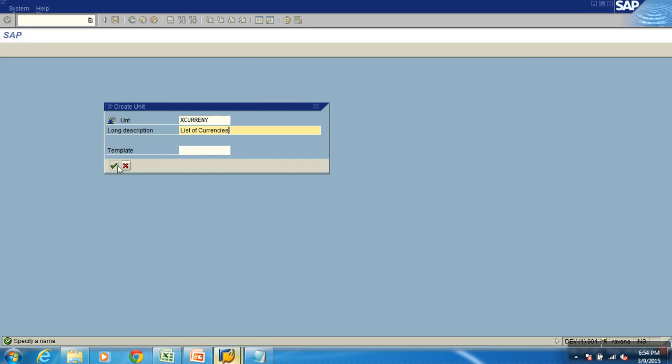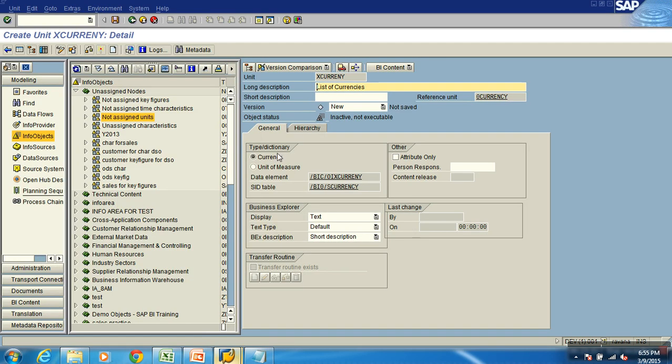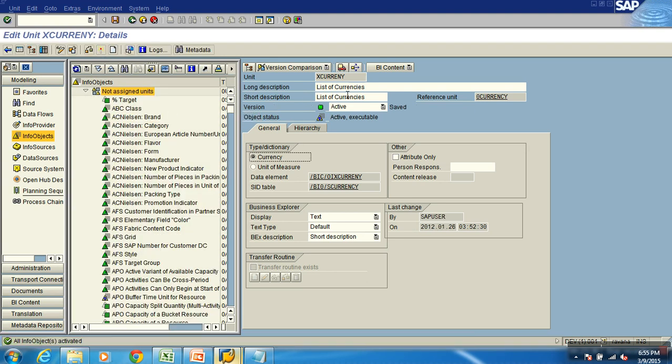Okay, boss? Fine? Okay. Now, simply it will ask you want to hold currencies or unit of, because I told you, whenever you create unit currency, you will have two scenarios. One is to hold currencies or units. In this case, you want to hold what? Currency. So, if you select this, it becomes unit of measures. But I want what? Currency and thinking the activate. That's it. This is about creating this. So, what is this? X currency. Currency. Okay.